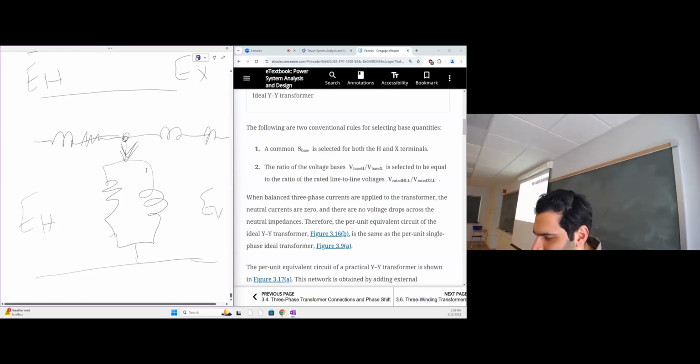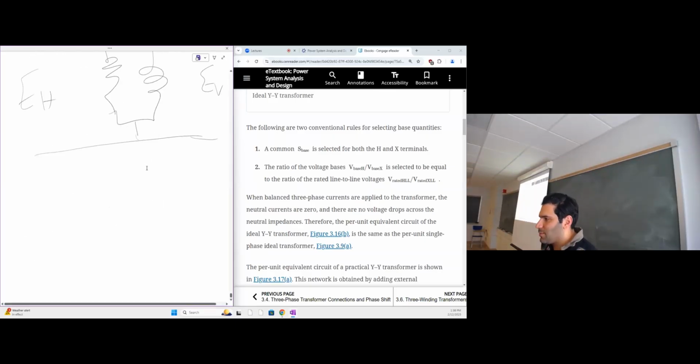I have here some rules so that we could do this per unit representation for this transformer. A common S base is selected for both H and X terminals. The ratio of the voltage bases is selected to be equal to the ratio of the rated line-to-line voltages. This is not new information, actually. We are just using S all over the system, the same. And we take V base at one side, and if you'd like to determine V base on the other side, we need to take into consideration